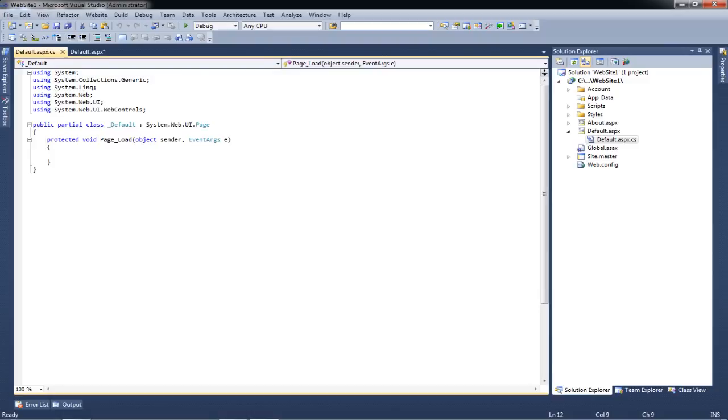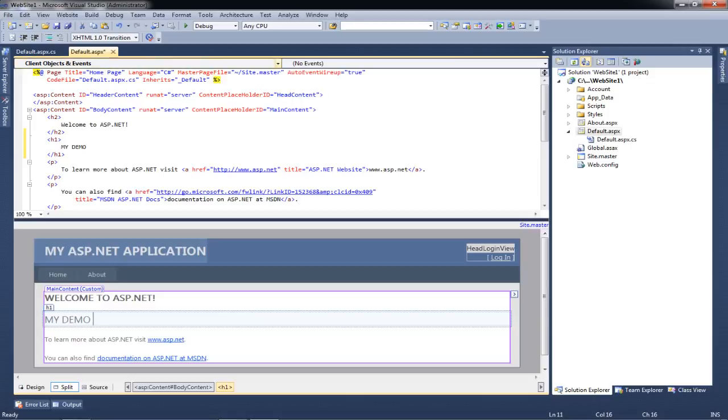So, in the .cs files, you will write your functionality. The functionality, I mean, like what you want to do when somebody clicks on a button, what you want to show when somebody clicks on a pop-up, and so on and so forth. So your functionality goes inside the .cs files, and the design part goes in the .aspx file. Isn't that simple? Isn't building websites so simple these days? Okay, so these two files are the